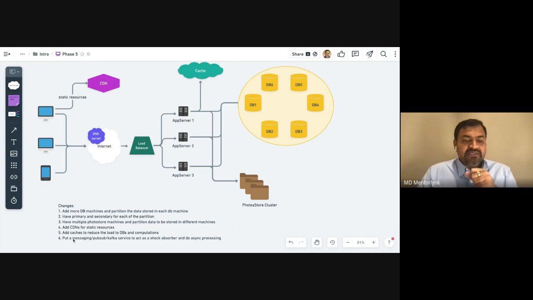Maybe the other last thing is to put in messaging. If you think there is some asynchronous processing you could do, or some processing you could delegate and do asynchronously later on, you could have, at different places, some messaging service or a Kafka pub-sub kind of system where you just deposit the message that says do this, and then acknowledge back to the client that you're taking care of it. And then there is an offline consumer, or multiple consumers, which process the data and ingest it into the real system. Which many a times may be okay, but not always.